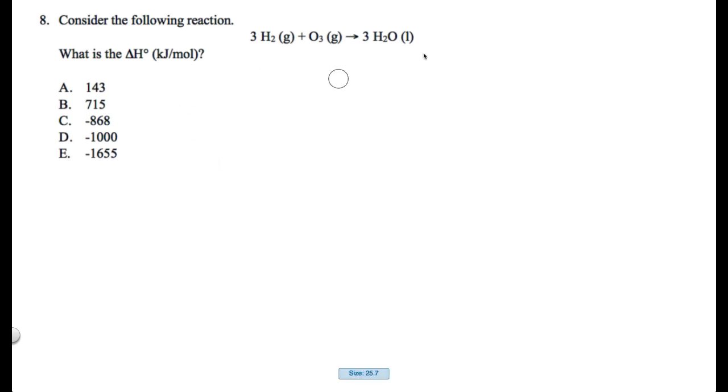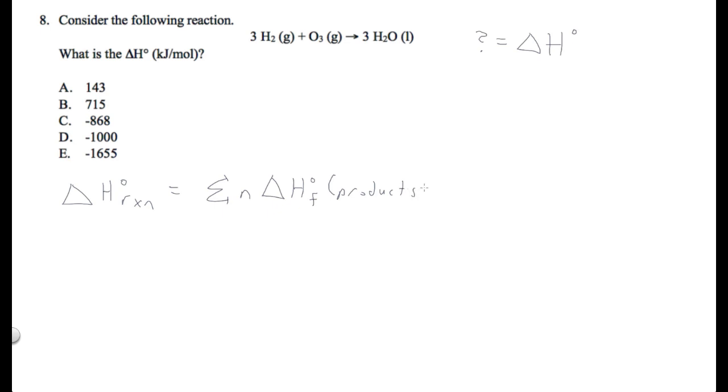The target units are the change of enthalpy in standard conditions, and you can use the formula: delta H little circle reaction equals the summation of N times delta H little circle formation of products minus the sum of M times delta H little circle formation of reactants. And then we can do